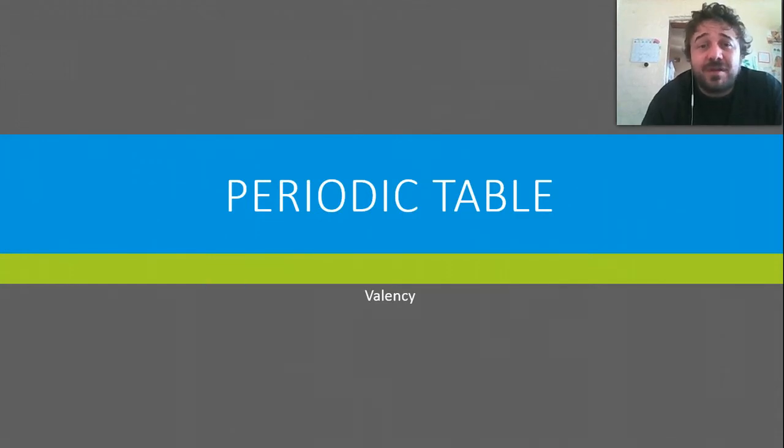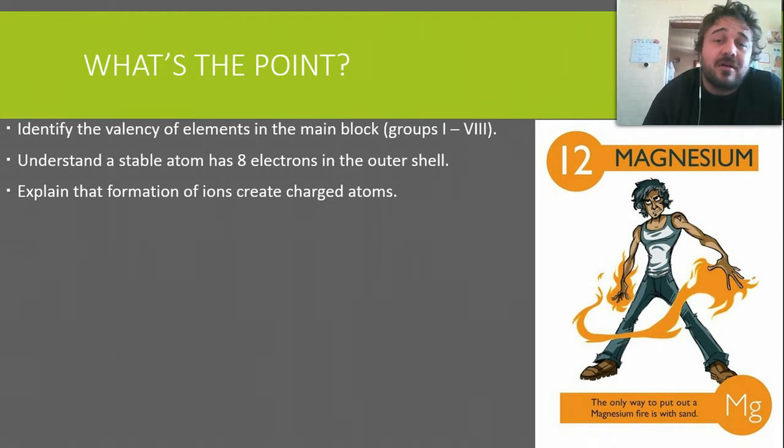Here we go, nerds. Periodic table. We're going to talk about valency, which the fancy pants scientists will call the combining power of an element. So, what's the point? By the end of this, you should be able to identify the valency of elements